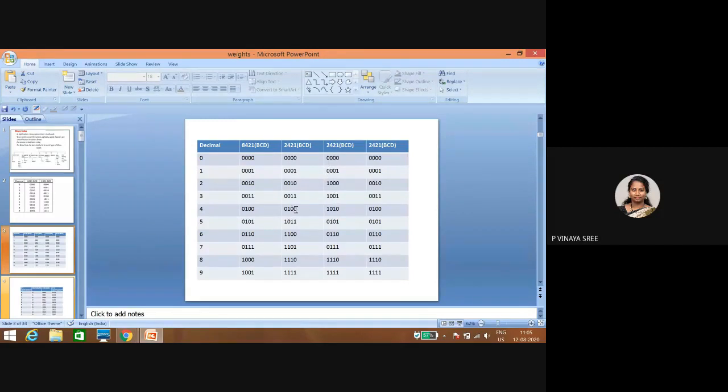Okay, so until this one is clear. Next, try to concentrate. First of all, why we are going for 2421 is that, given a number, the nines complement of a number you can obtain simply by converting to the ones complement. Can anyone tell me the nines complement of 0? 9 only, yes, 9. Nines complement for 1? 8. Let me explain.